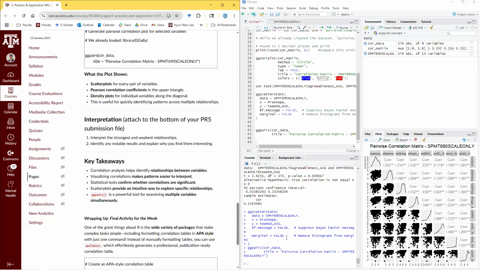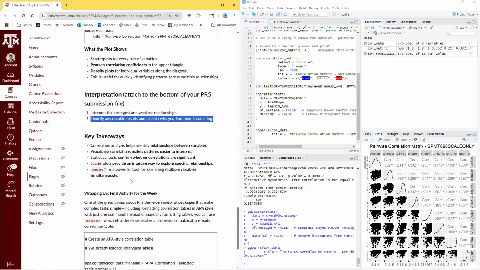So based on these results, you can copy and paste it and interpret, let me know what was the strongest and weakest correlation. And you can talk about some of the correlations among the variables that you find interesting. It would be good if you would discuss some of the variables that you chose initially to put into your model. So here are the takeaways on how you can analyze data and how you can benefit with RStudio and